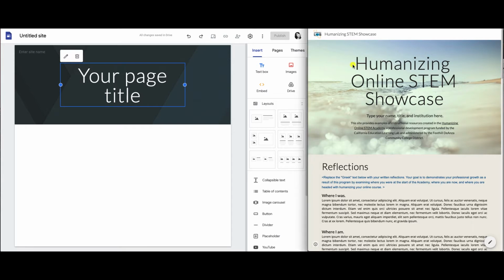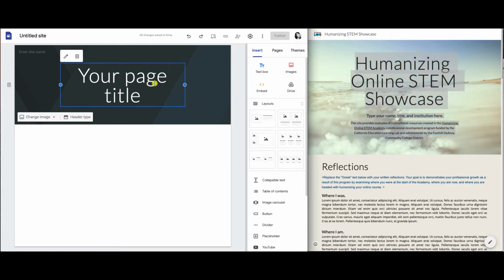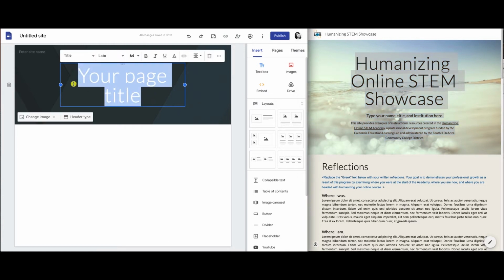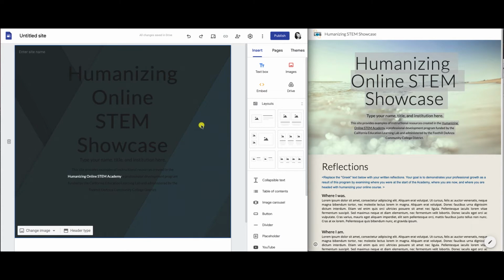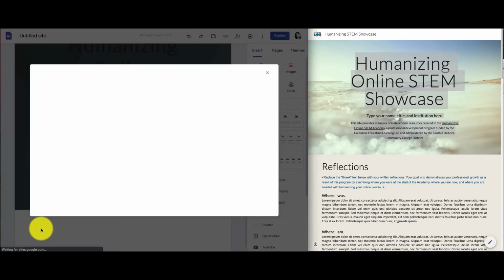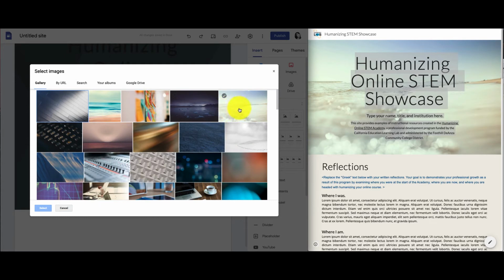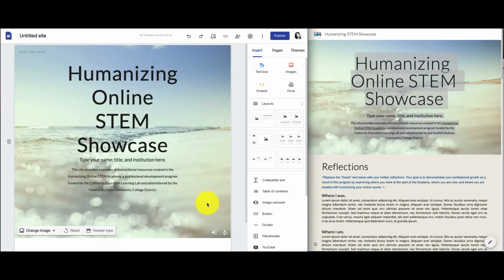Now in the template we have all kinds of instructions for you. We want you to have those in your template so you know what to do. So I'm going to go ahead and copy the header text on the left and simply go into my site, highlight that default text, delete it, and paste the text from the sample site. Now I'm going to change that background image by selecting Change Image. You can put whatever image you want in there, whatever background you want. If you want it to match the template, just select that one and it will go ahead and render.